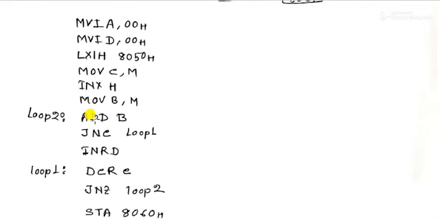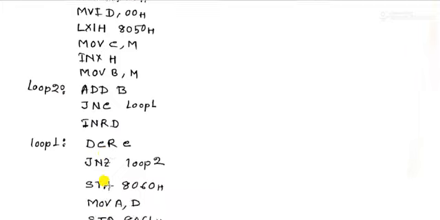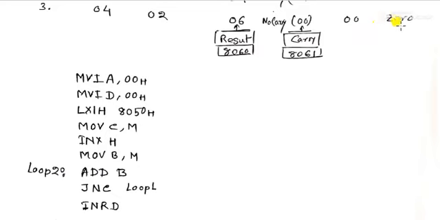Okay, so here also no carry will be generated. So come to here, decrement the C register, and the process will continue until the C register value is 00. If the C value is 00, that means the zero flag is set. If the zero flag is set, then we have the result in the accumulator and D register.